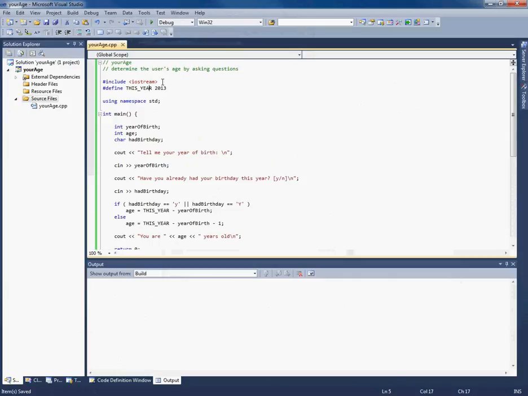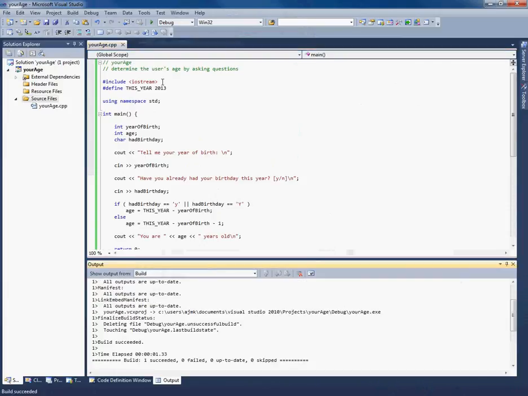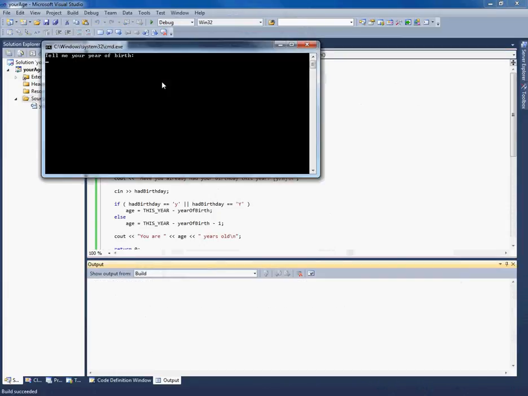And it's common practice to use capital letters for things that are defines. Okay, let's just make sure that that builds, and let's just make sure that it runs. It will do. Okay.